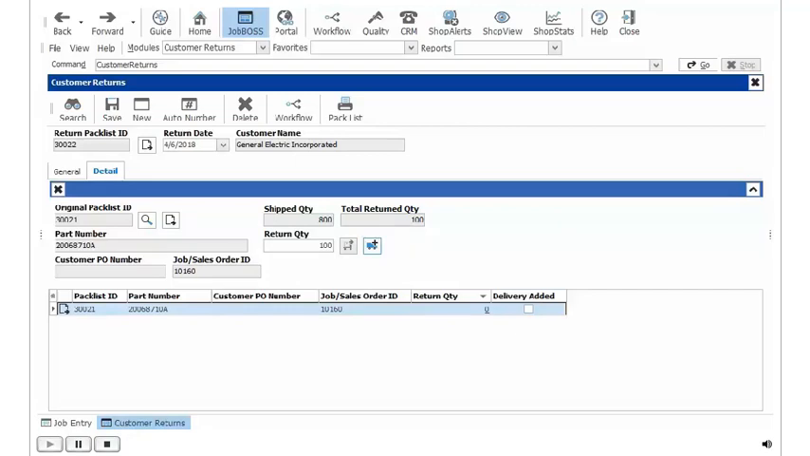Now, the button that's right here is, if you hover over it, called Add to Delivery Schedule. So returning a customer return against a pack list for a job will add a delivery line for the return to the job's Deliveries tab. If you click on this button on the Details tab, a second delivery line is added to the job for the delivery to the customer after the parts